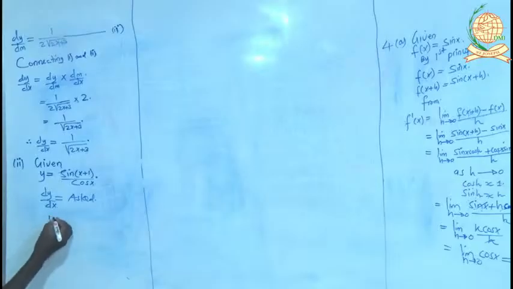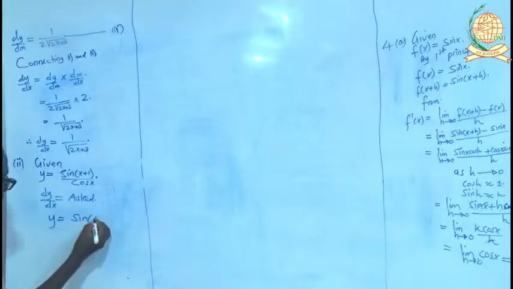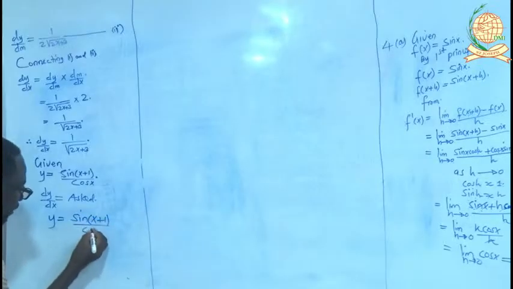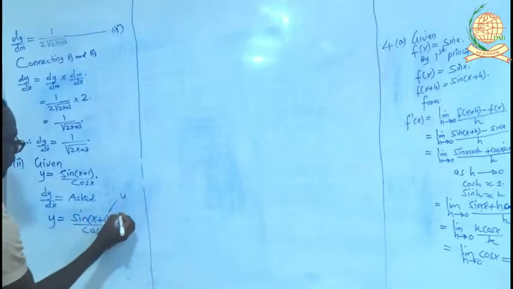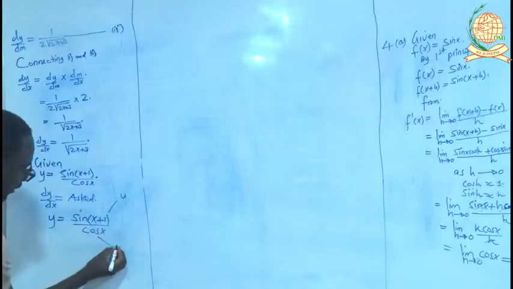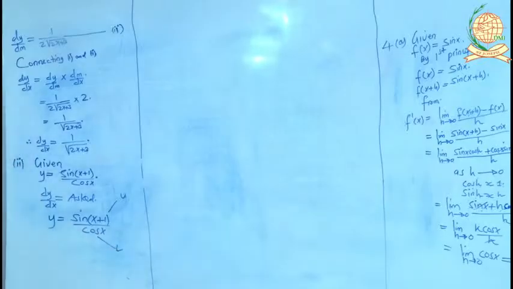So from the given function, y equals sine x plus 1 divided by cos x. We let the numerator as u and the denominator as v. As you remember, the quotient rule,